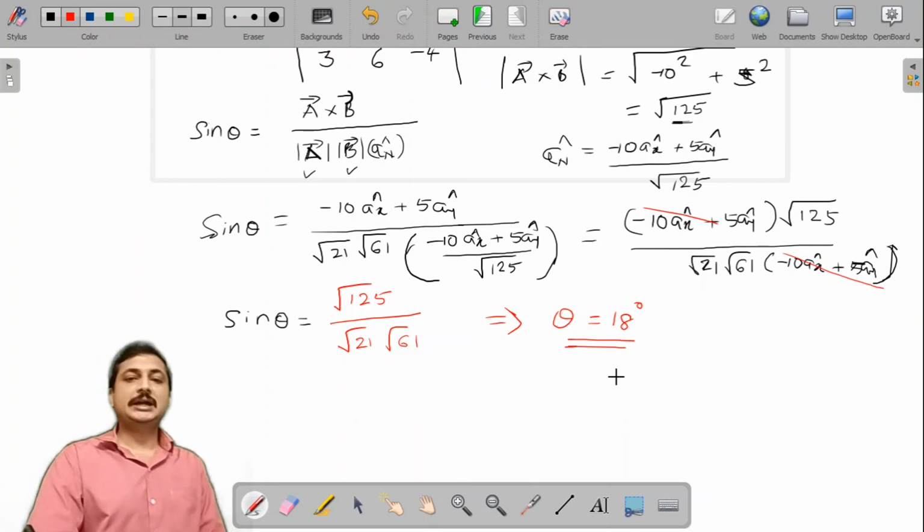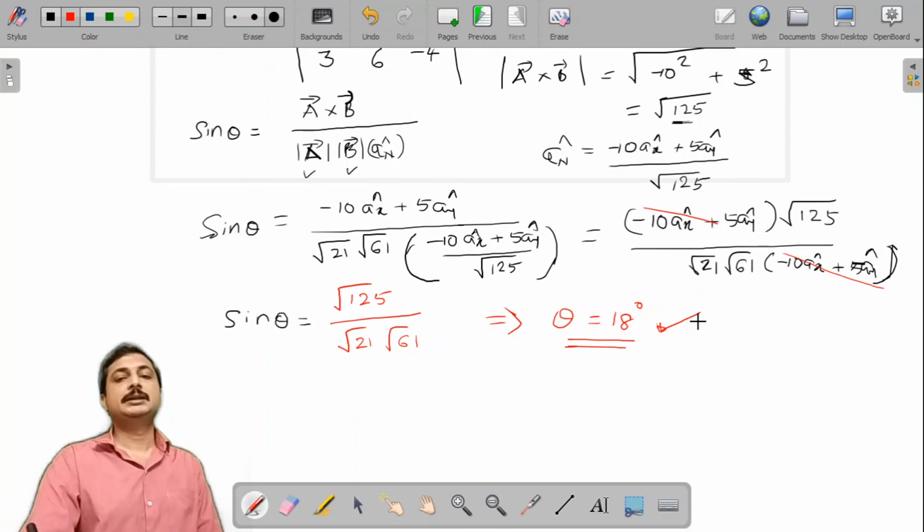So if you use either method, right, dot product or cross product, the angle between two given vectors in the same plane will remain the same. So you can use either method, dot product method or cross product method, to find the angle between two vectors lying on a same plane. But people prefer dot product because it is mathematically or computationally easier than cross product.